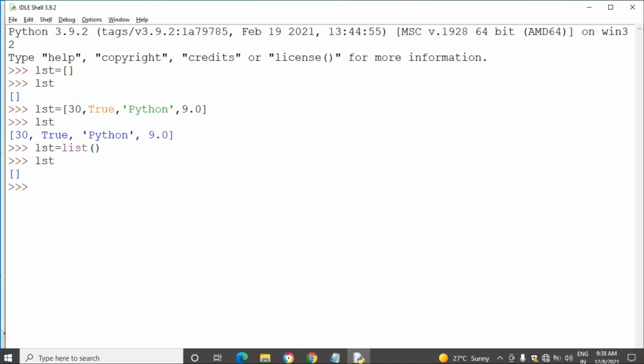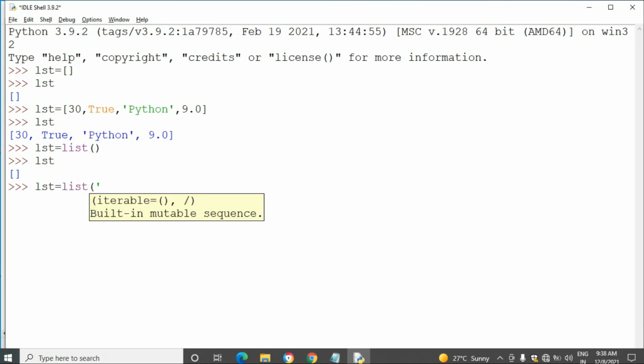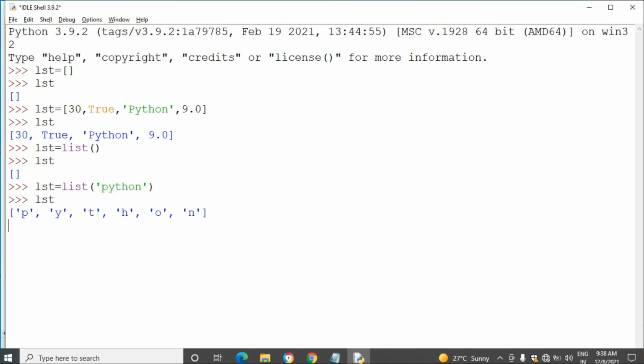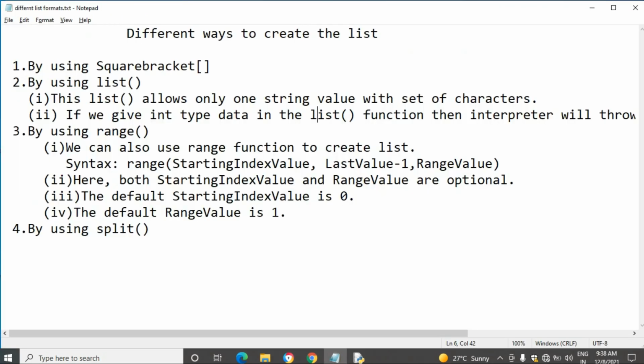Okay, then I am going to create the list with elements by using the list function. A list of Python. See, the string has come in the form of a list.